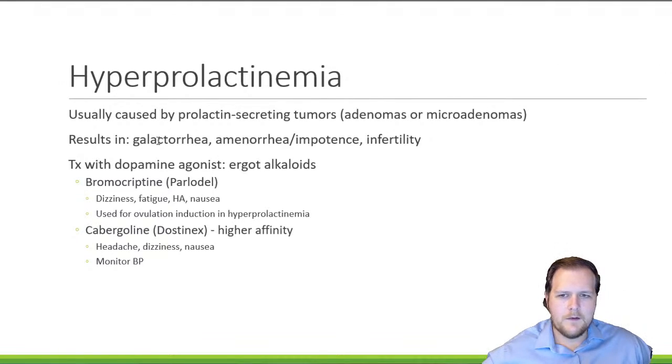The problem here you run into, and this happens a lot with female patients, is that they can develop things like amenorrhea, they can develop infertility. That's why, frequently, if you have someone who's having trouble getting pregnant, one of the things you want to check is their prolactin levels, because you want to make sure they aren't too high, since that can have a negative effect on their ovulation cycle